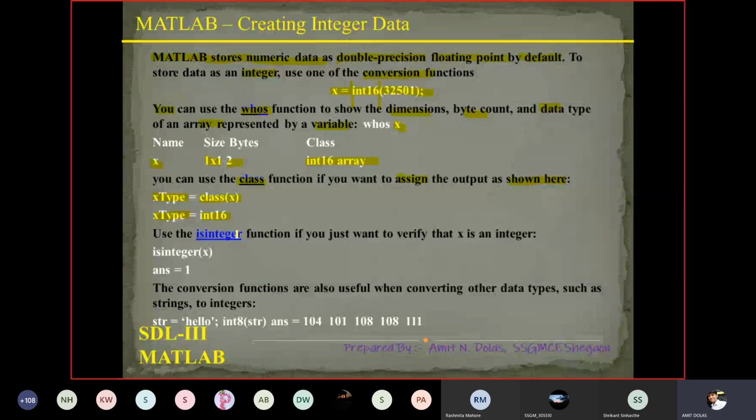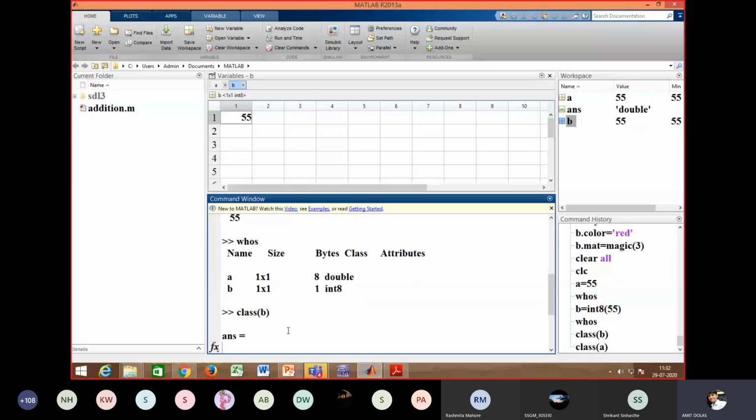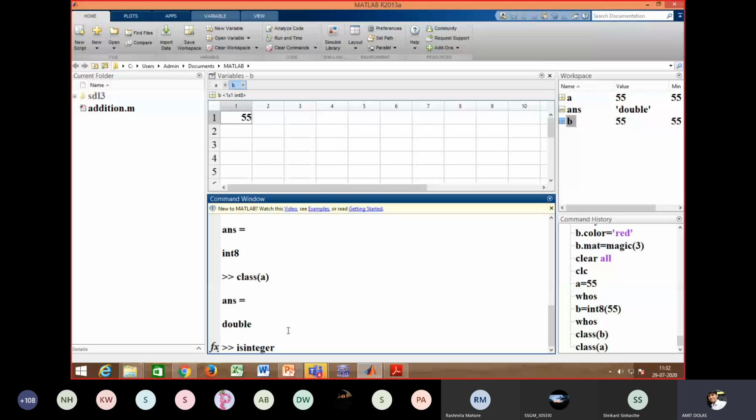Now use the isinteger function if you just want to verify whether a particular variable is an integer or not. Let's see that. Coming here, I'll say isinteger in brackets a.